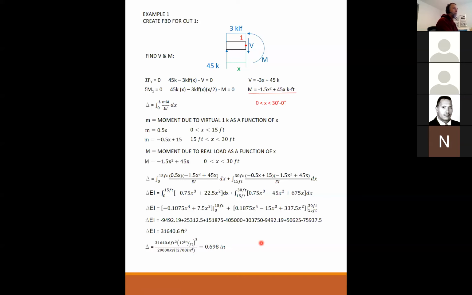Let's see if this was another way to look at this. I was just thinking about this. So this is kip inches or kip feet. This is kip inches or kip feet. So this is feet squared, and then you're integrating over feet. So kip feet to the third. So this whole top part becomes,